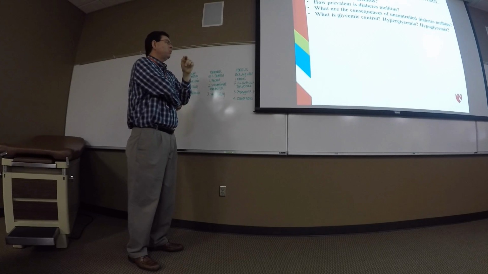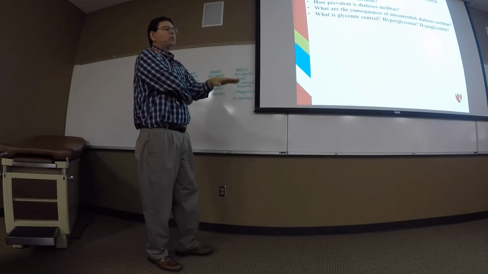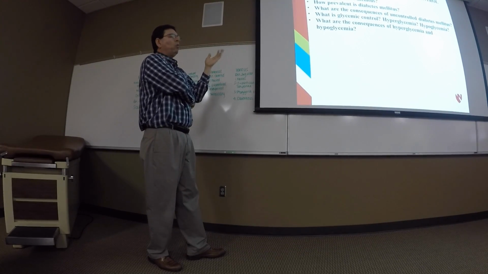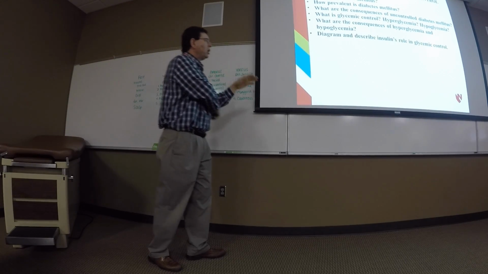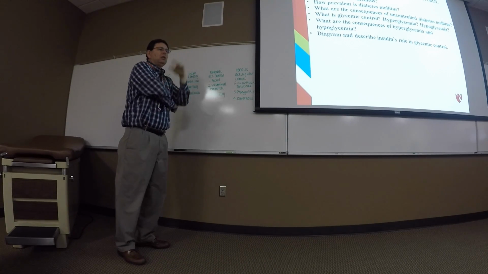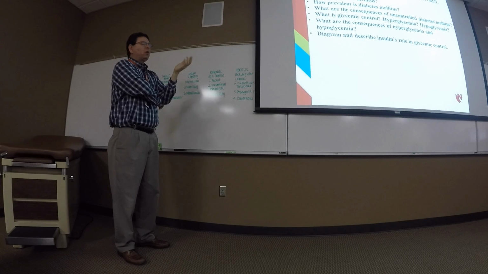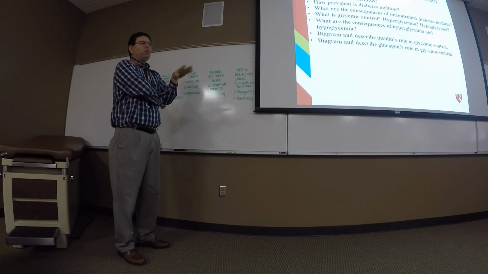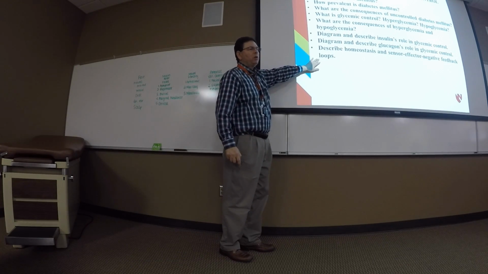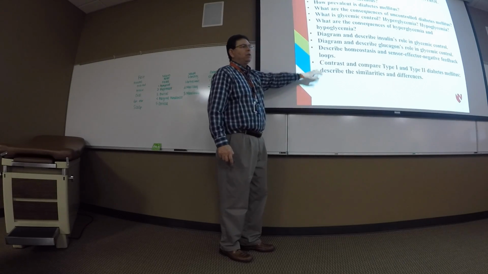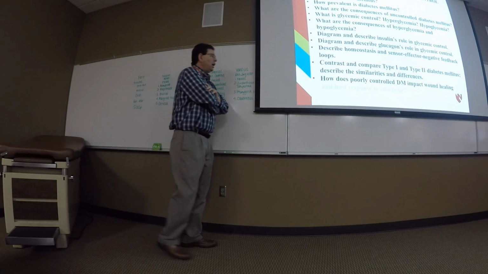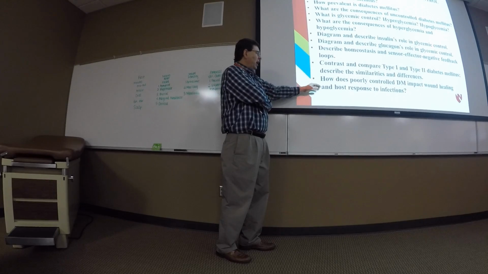You already have seen this in part one. It's homeostasis, homeostatic regulation of glucose. What is hyperglycemia, what is hypoglycemia, and what are the consequences of either of those. I want you to be able to go back and diagram the actions of insulin for glycemic control, and what glucagon is doing for regulating glycemic control. I want you to be able to draw out the sensor, effector, and make the feedback loops. Definitely want you to be able to contrast and compare type 1 and type 2 diabetes, what's similar, what's different, and then, not mechanistically,